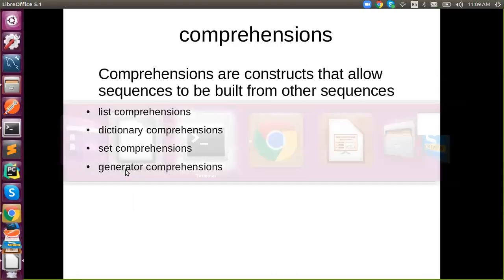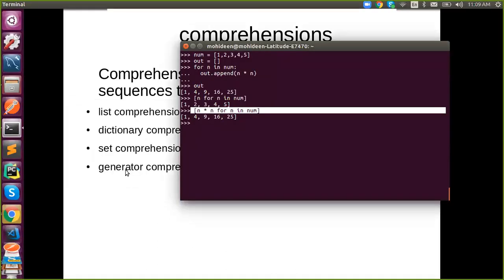So writing a for loop inside a square bracket is called list comprehension, inside a dictionary is called dictionary comprehension. So it's only a for loop. Comprehension is all about writing a one-line for loop. In Monday's session, we talked about the one-line if condition, right?